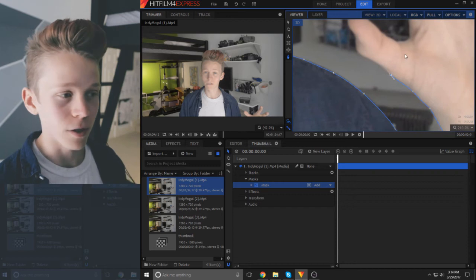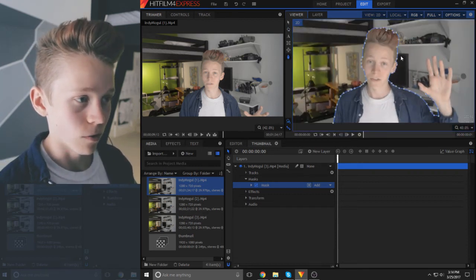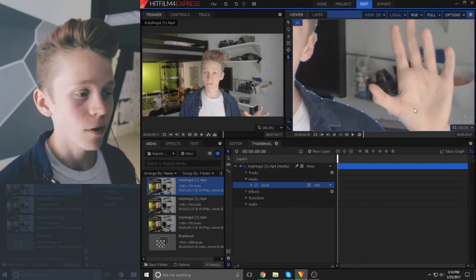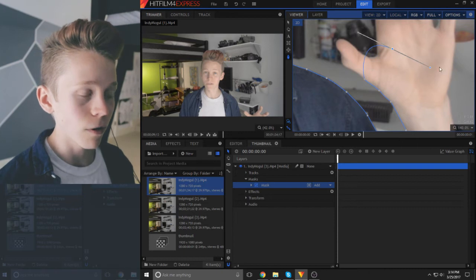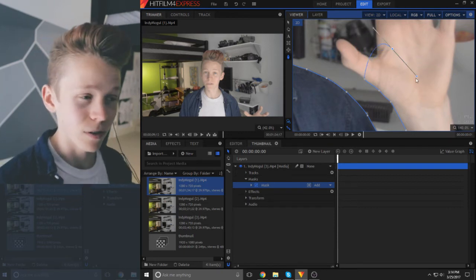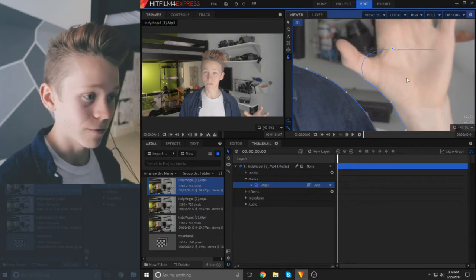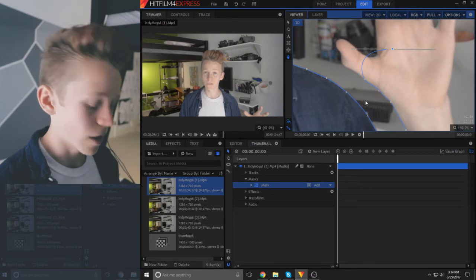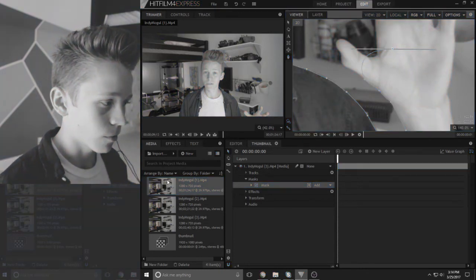Something you might notice happening once you've gotten a very large mask going, once you have a lot of points on your mask, is that it might result in a little bit of a lag and a delay when you're drawing points in. As you might be able to see on my screen, it's stuttering quite a lot, it's not very responsive, and it makes it very difficult to draw your mask. So what I'll do here, if my computer will respond,